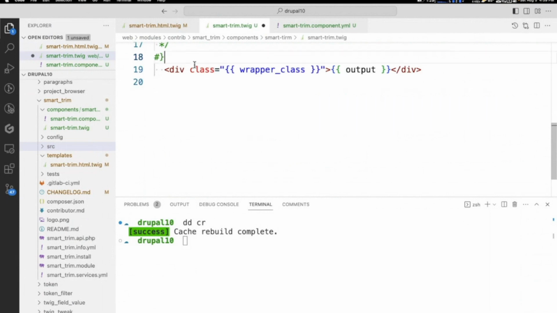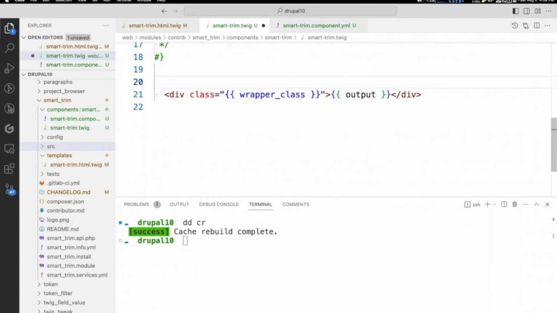Now we could also do something like this, set classes equals wrapper, or not so smart trim, right? And then we'll put that into an array because we like arrays.